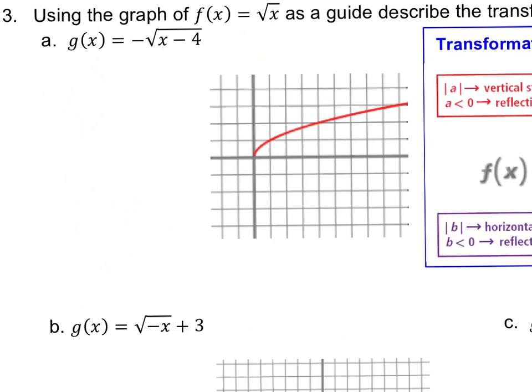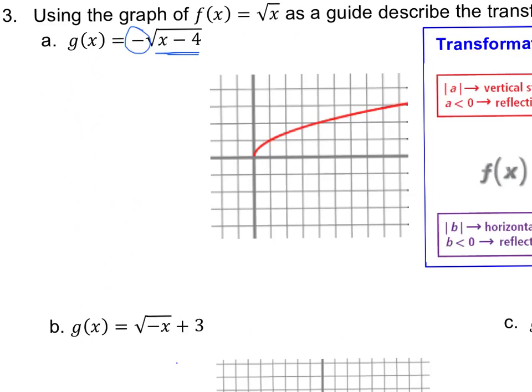Looking at number 3, we will be looking at f of x equaling the square root of x, and that will be our parent function, and then we're doing multiple transformations to that. When we look at a, we can see that we have under the square root sign x minus 4, which tells us that we are going to have a shift to the right by 4 units, and then we have the negative sign in front of the radical, which tells us that we are reflecting f of x across the